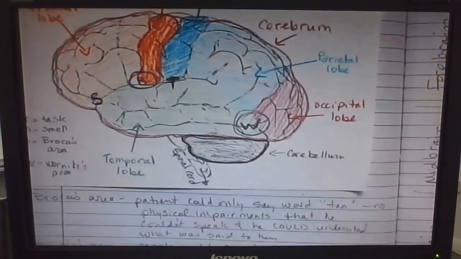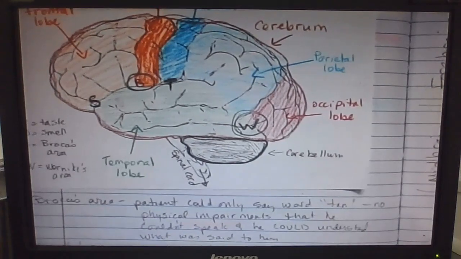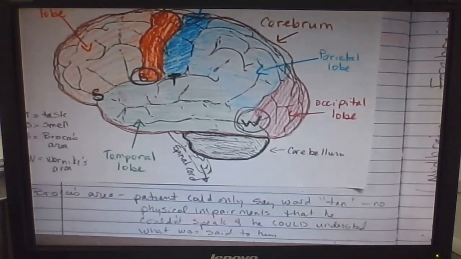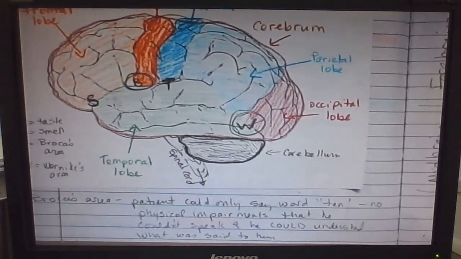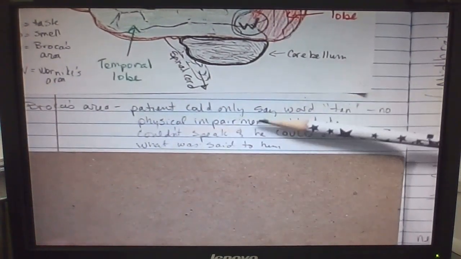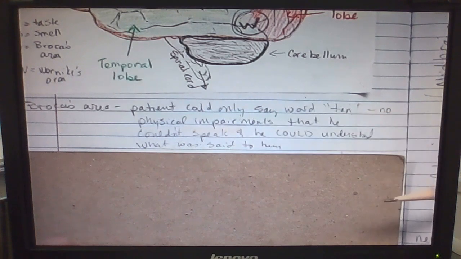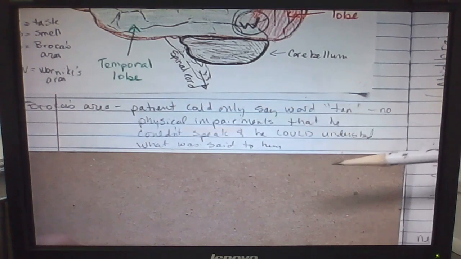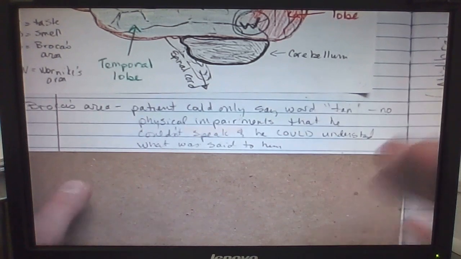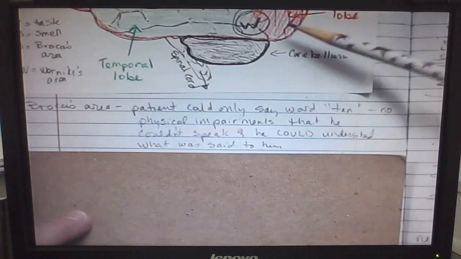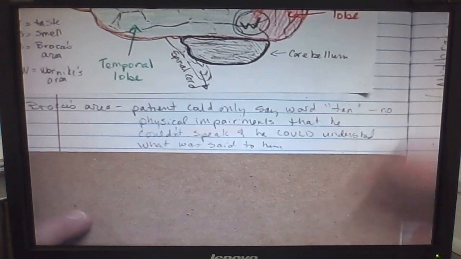This is an area of the brain that when it's damaged, it's going to affect speech production. So a patient had damage to Broca's area and they could only say the word "tan" over and over again. So no physical impairments made it so that he couldn't speak, and he could understand what was being said to him, but he could not say a